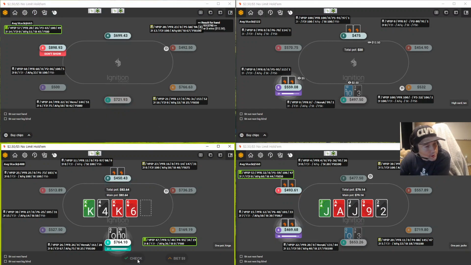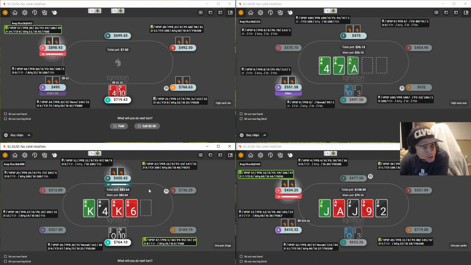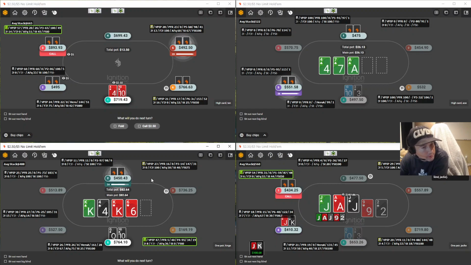Check raise bluff doesn't work, and I don't get a good card from my hand either, so I'll just go ahead and shut down. I can perhaps stab at the river if he checks back, but